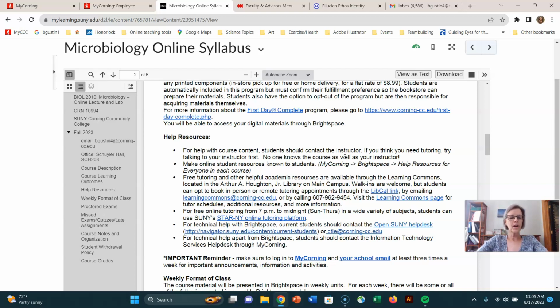And so they brought in their materials before a test, and we just sat down and talked about how do you plan on studying for this? How do you recognize what's important? What do your notes look like? And that student got enough help from me with that session that they ended up doing much better in the class